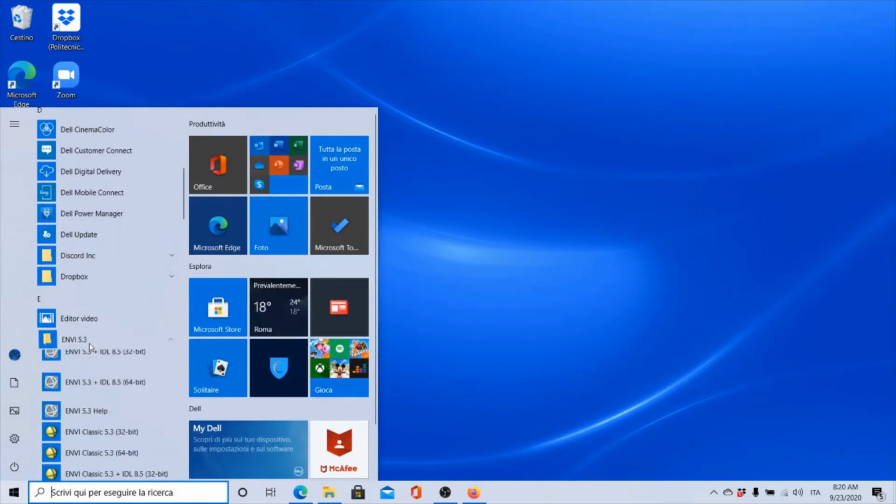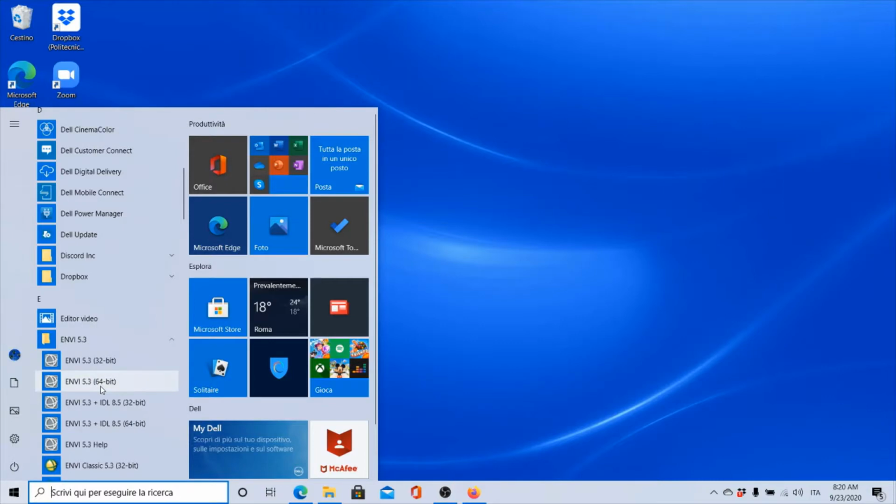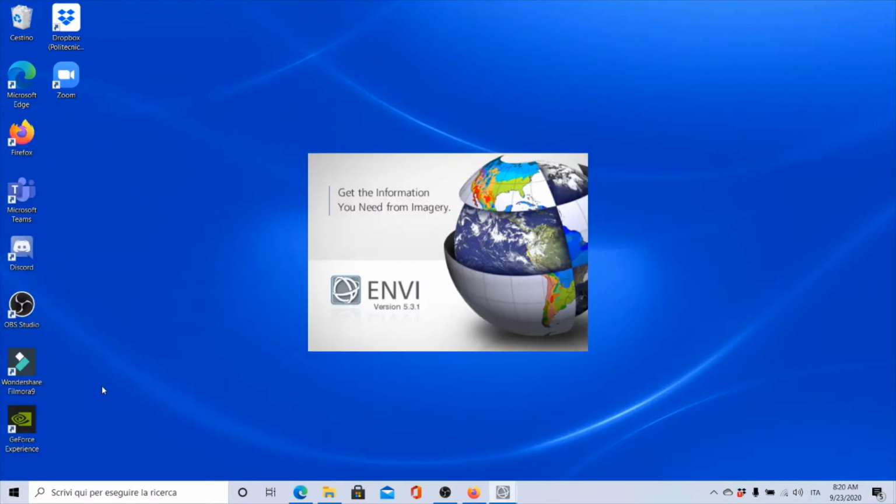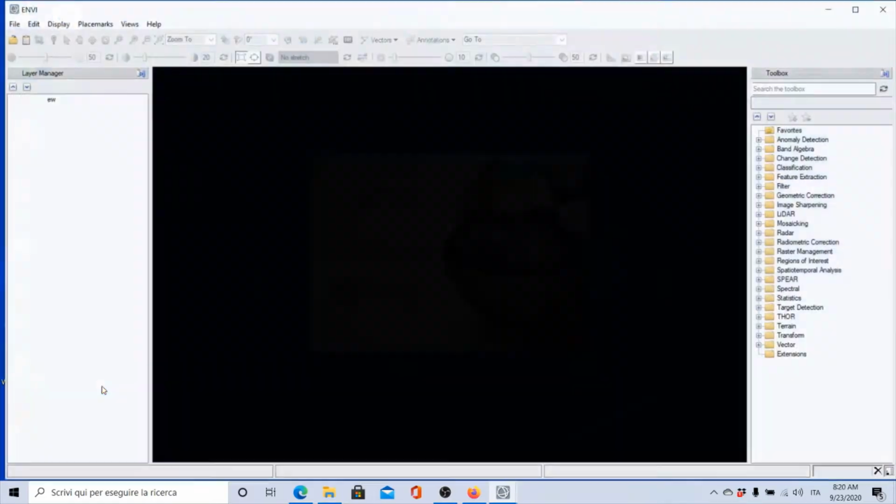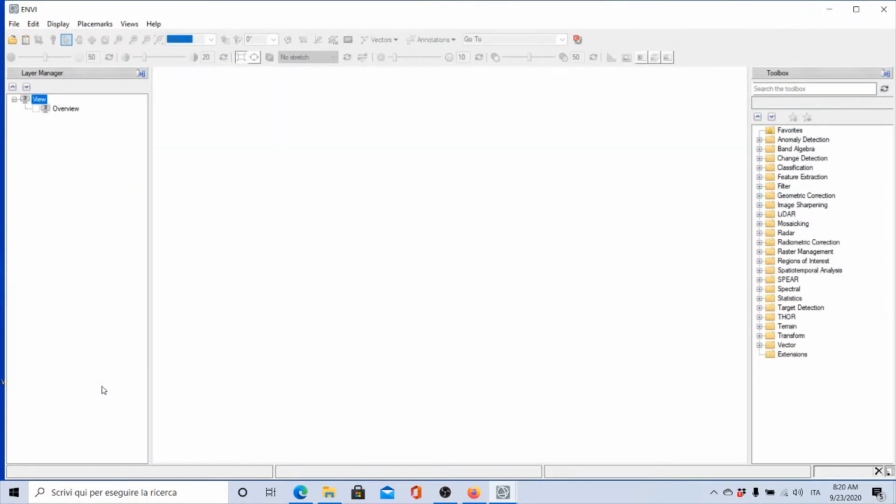So I'm going to MV 5.3 and launching the 64 bits version. And now I'm launching the software itself in order to continue with the different commands in the software. Okay, we are here. We are now quite comfortable with this kind of layout. I remind you that we have